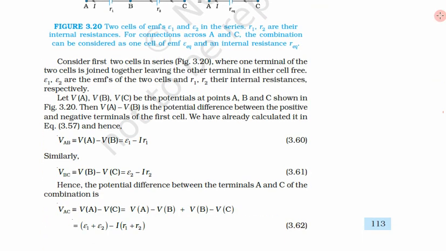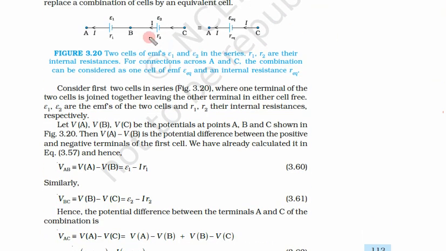Now let us see what happens. First see this diagram. We have two potential drops, the first potential drop here and the second potential drop here. Why is it called a potential drop? As I have already said, this side is positive and this side is negative, so there is a potential difference and it drops. Let us say this is plus 1.5 volt and this is 0. So there is a potential drop from 1.5 to 0. Again this is positive and this is negative, so again there is a further potential drop.